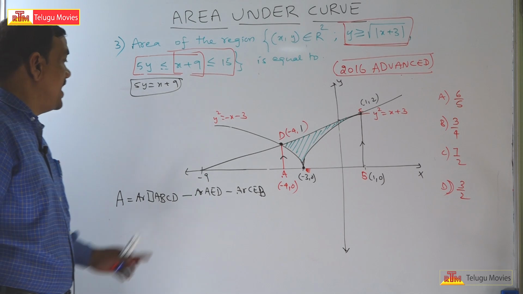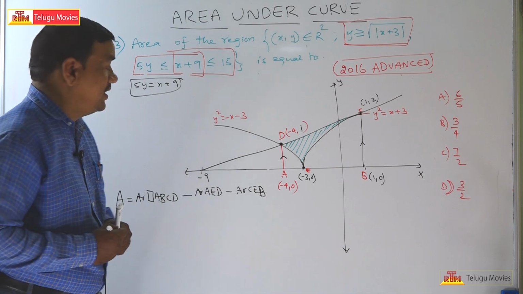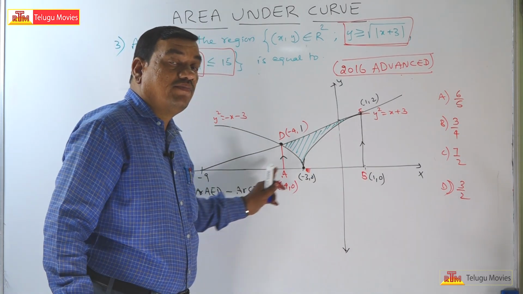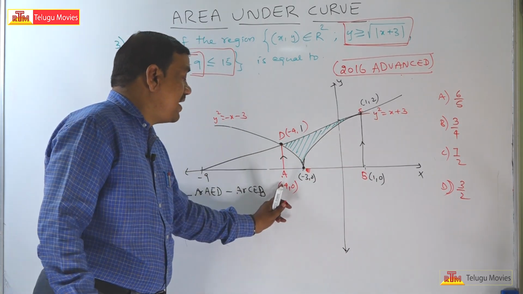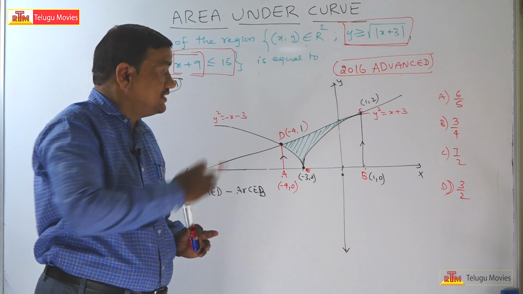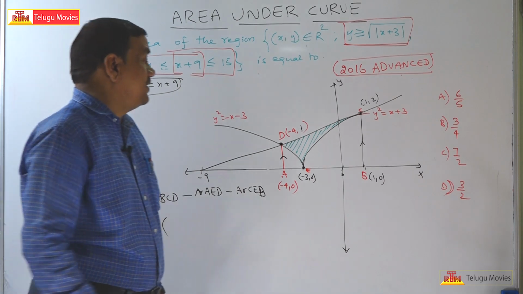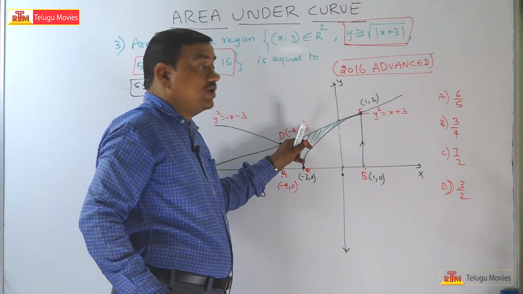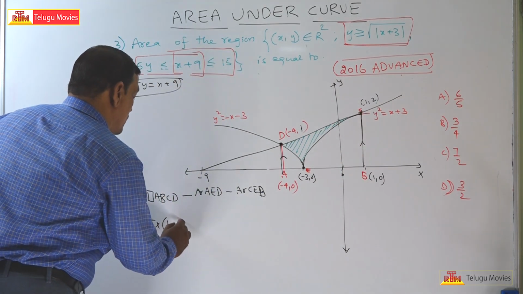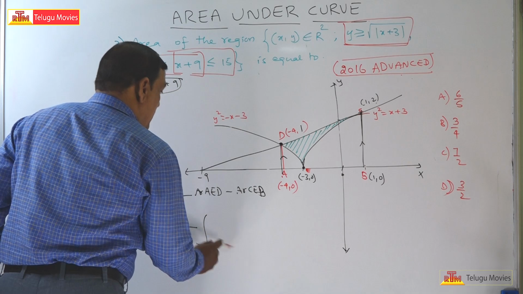Then how to find out the area of the trapezium? The formula is half h times a plus b. Here h is the perpendicular distance between the two parallel lines. From minus 4 comma 0 to 1 comma 0, that is 4 units on this side and 1 unit on that side, total 5 units. So 5 into a plus b. What is this length? 1 unit, the y coordinate. And this length, from 1 comma 2, is 2 units, so 1 plus 2. Minus area of AED,